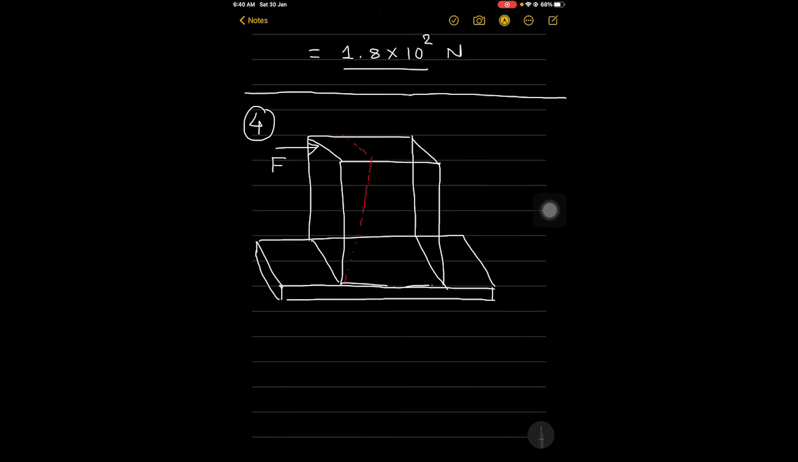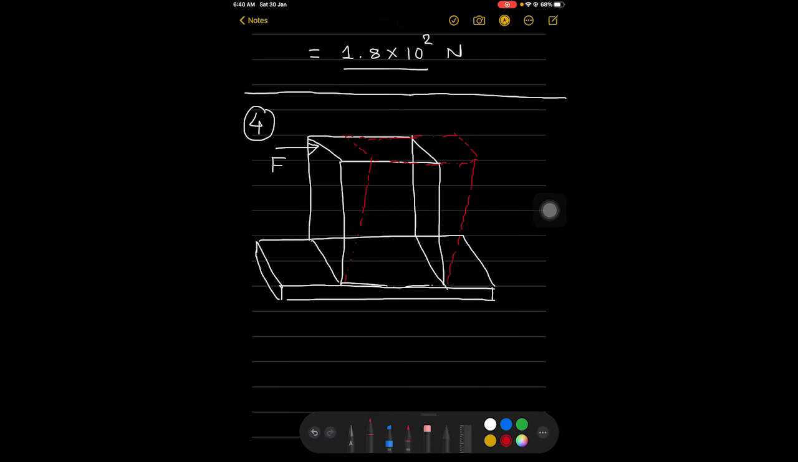So let us consider it will move a little bit like this. This is the stress and the strain part. So here we can say that this is the actual elongation or the displacement that takes place in the object. This is the displacement that takes place. Now regarding this,